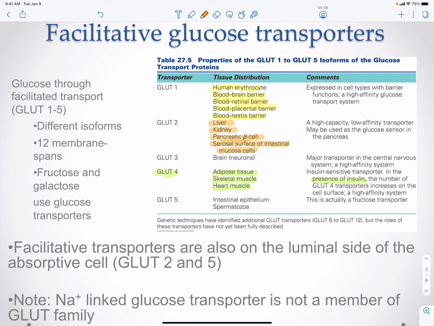And then we have GLUT3, which goes back to the neuronal, so that's going to be constitutive. And GLUT5 is going to be on the intestinal epithelial cells, the high fructose receptor, that's what it's called, the fructose transporter. Sperm also use fructose, so it's going to be on sperm as well. Again, these are all called different isoforms, and they have different affinities for the sugars. Just keep that in mind as we go through talking about